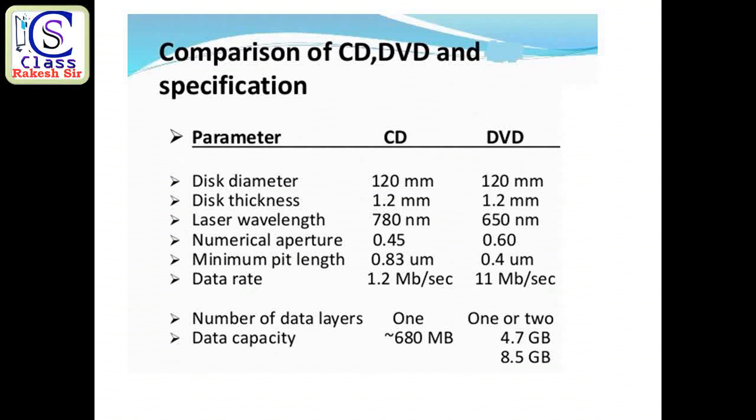Basically, these are the differences between CD and DVD. The CD storage capacity is very low and the DVD storage capacity is very high. The disk diameter, thickness, and all the other differences are written here. CD and DVD are both disk drives that store information for a permanent time. The second thing is that a CD's storage capacity is low compared to a DVD. The storage capacity and data rate are all written here, so you can easily understand the differences between CD and DVD.